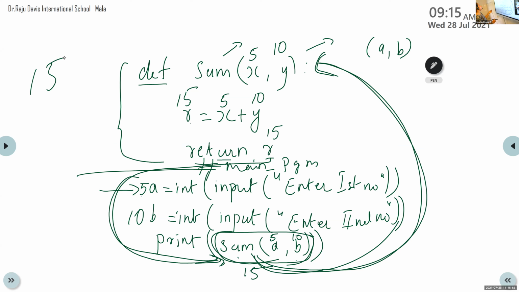Okay. Then do one homework. Write a program using function to perform a calculator.